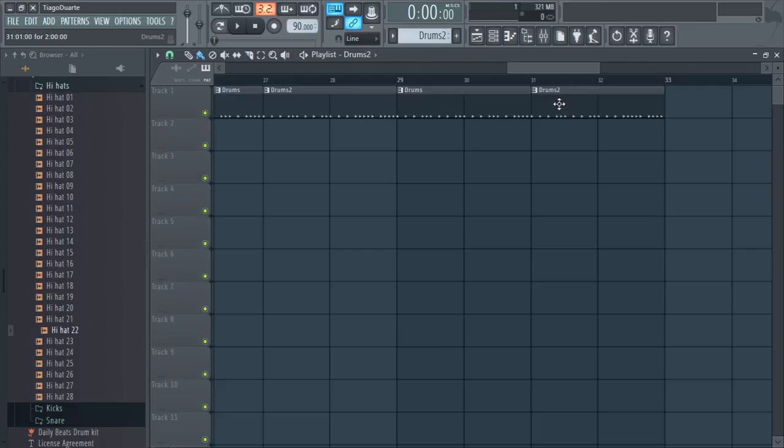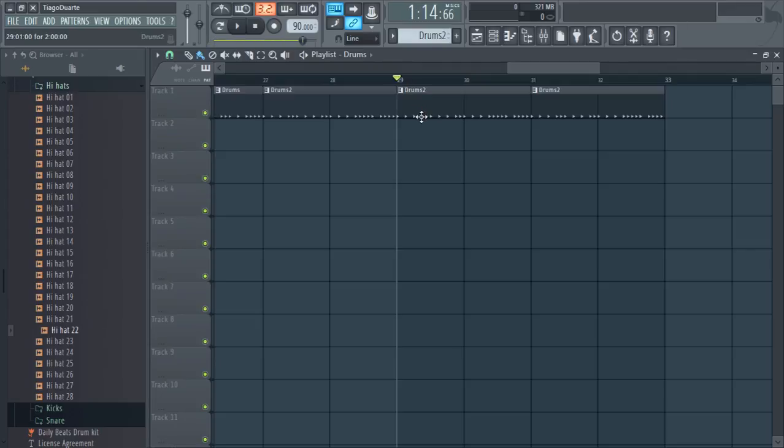So let's say I hold the shift key and click again, and I create a pattern. Every time I shift click on a pattern, I create a copy of it, and it can happen that they stay always like this and you don't notice. And that's not a bad thing if they are like this. But for example, I placed drums 2 in the back of the drums, so if I do like this, we have two copies of it,